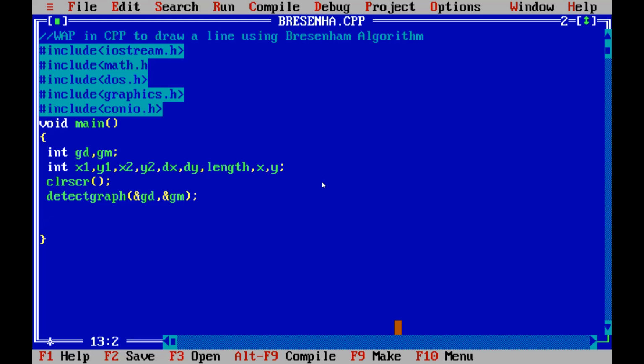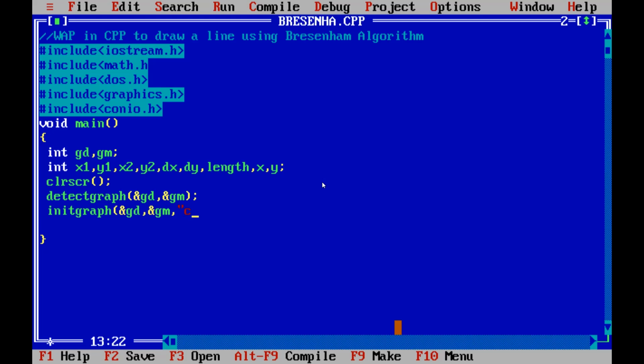After detecting the graph, we have to initialize the graph, that is initgraph with &gd and &gm, and we write here the path of our program.